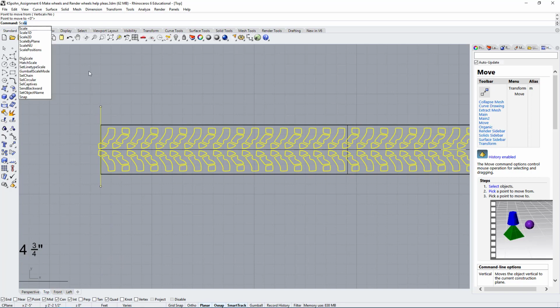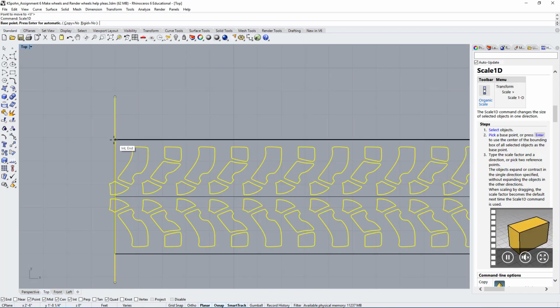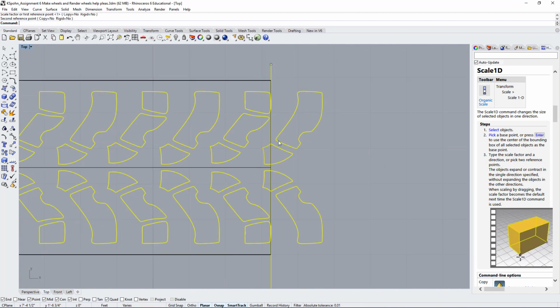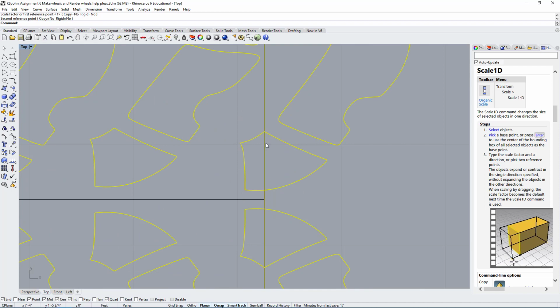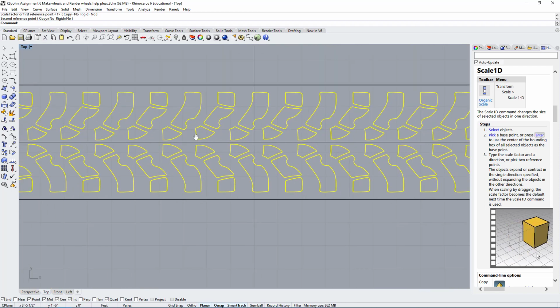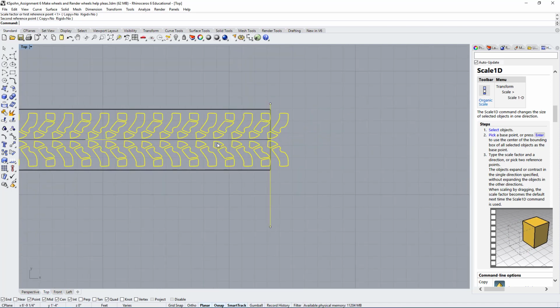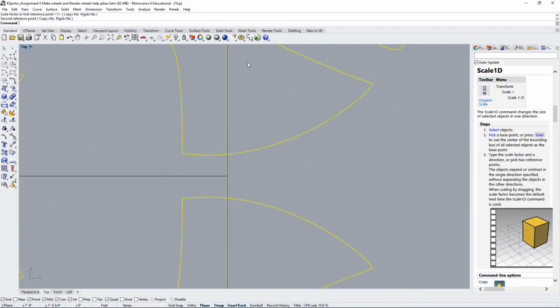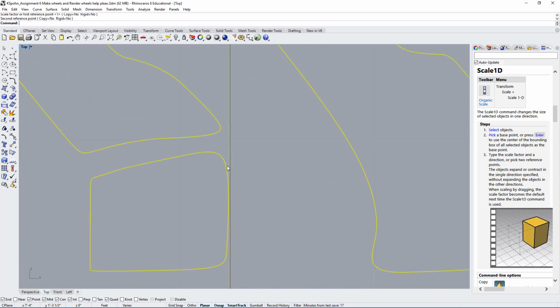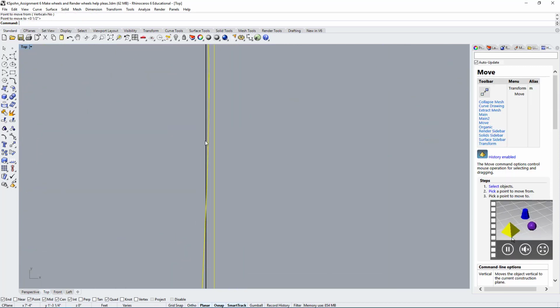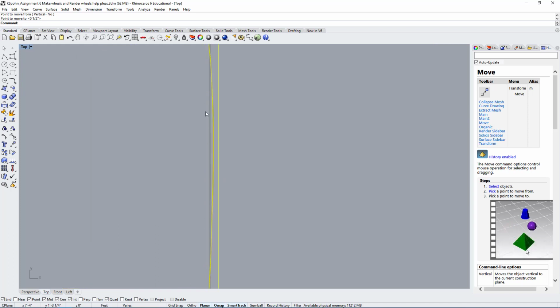So if we scale in one dimension, we can adjust the pattern from this line to this corner. So now we can see how this is cut up here, and how it is cut up back here. So it continues, it repeats. The problem with this is up here we're cutting it right at the edge, so we have to really pay close attention to this. It seems okay. If this was moved a little more, this would cause an issue, because every time you have this surface and it gets so close to this edge, it could create some issues.